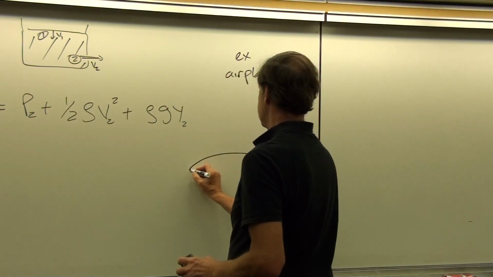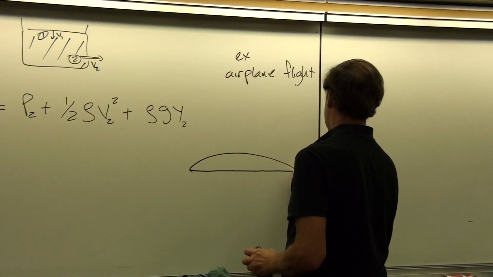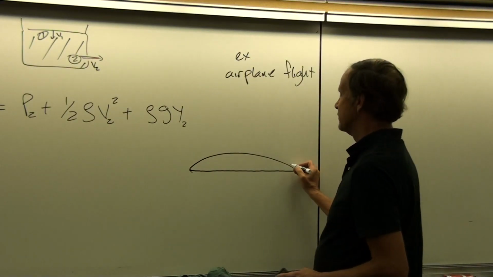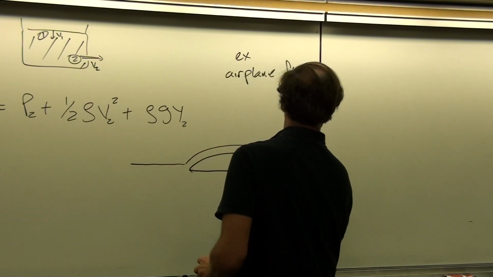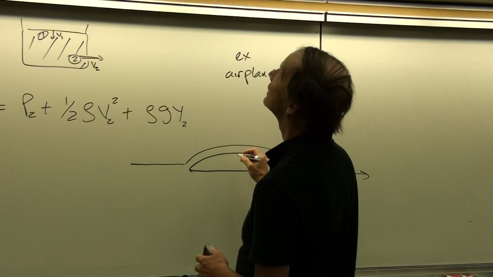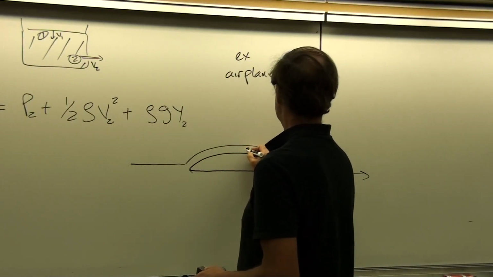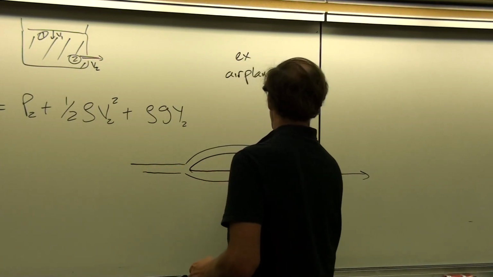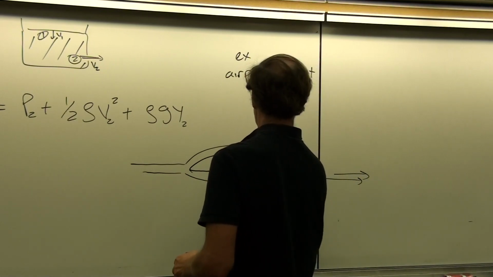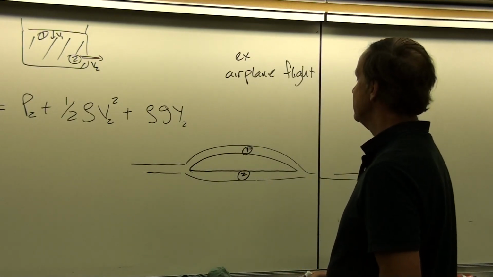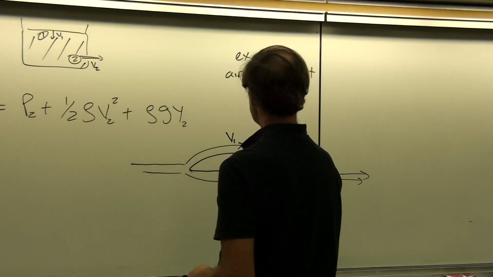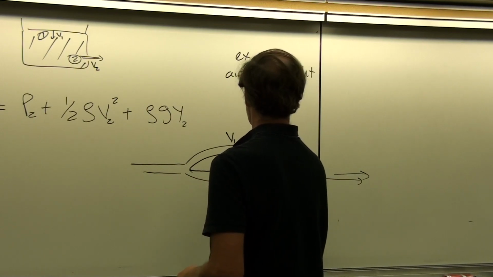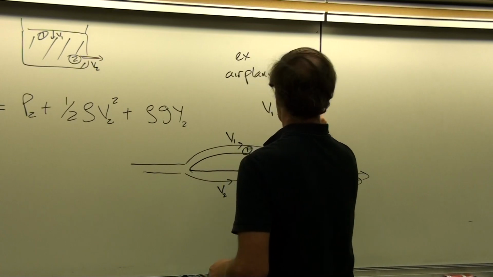But here, let's say that we're not so reckless, and so we're going to just have a lower curvature on the lower wing surface, a larger curvature on the upper wing surface, so that as the streamlines of air move along the upper surface, and we can call this surface 1 here, and then also along this lower wing surface, we'll call this surface 2, we have a different velocity of airflow. So here V1 is going to be a faster speed than V2 down here. V1 greater than V2. Why?